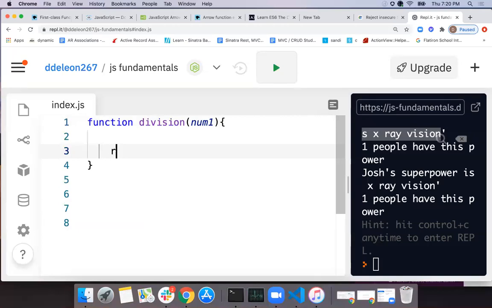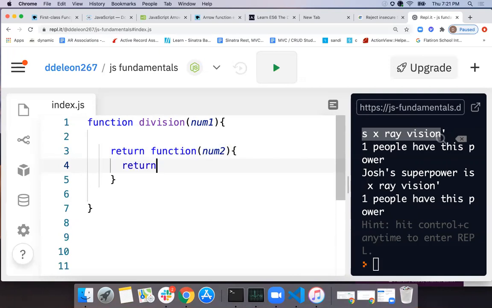And then it's a closure because it's going to return this little inner function. Right? It's going to take in a second number. And what I want this little function to do is divide the two and return the answer, the quotient. So it's going to return what I would get if I divided the first number by the second number, right? And then I just wanted to know, if I call this outer function